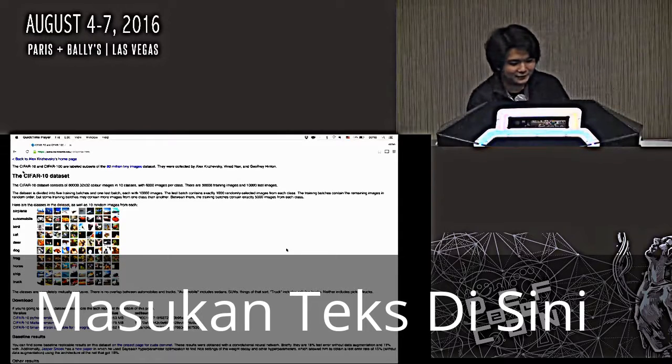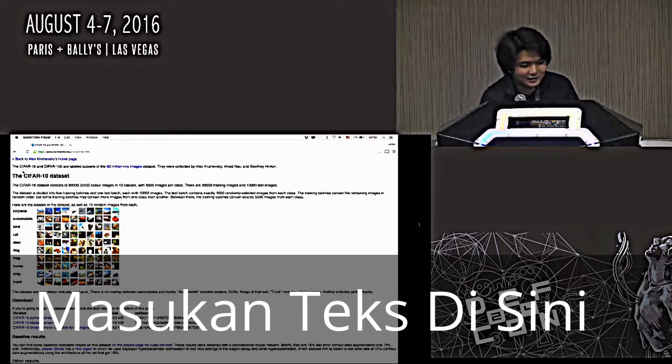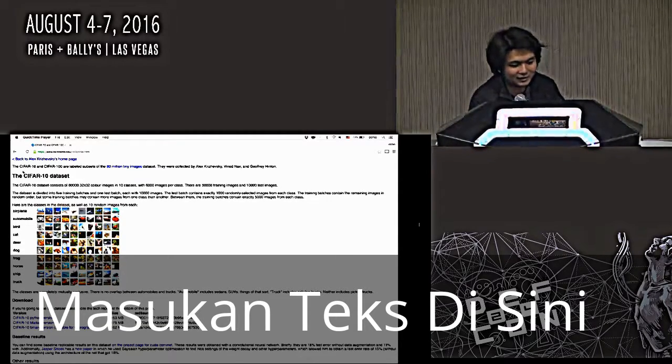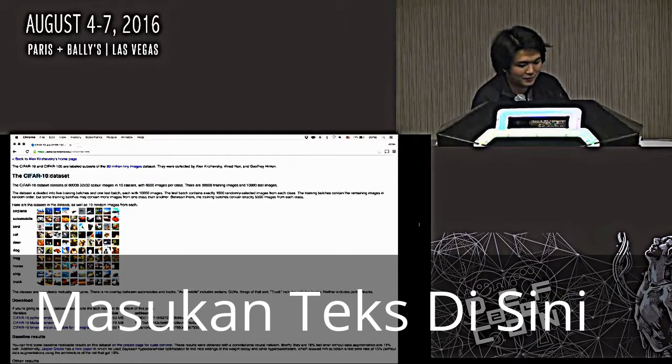This is something a little bit different. It's the CIFAR-10 dataset. So CIFAR is a dataset of images. What you're trying to train the model to do is to recognize images in 10 classes. There's CIFAR-10, which is for 10 classes of images. There's also CIFAR-100, which is for 100 classes of images. The classes are here. You have things like airplanes, automobiles, birds, cats, deer.